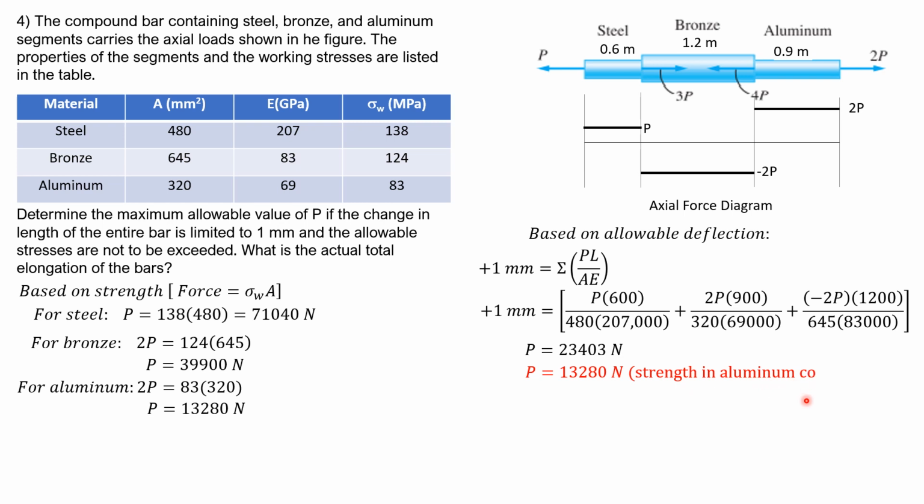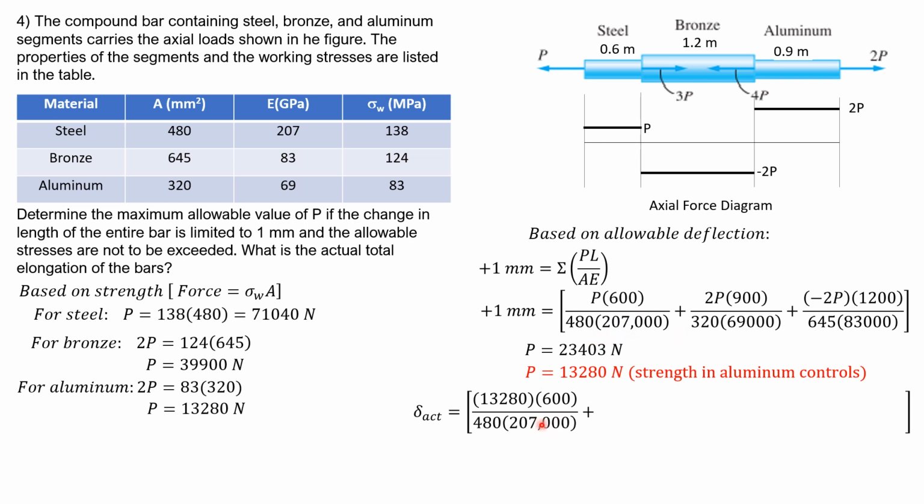Strength in aluminum controls or governs in this problem. So having found P, let's compute for the deflection. We substitute the value of P here. Then we expect that the net deflection should be less than 1 mm because the deflection does not control in this problem. So deflection actual is P, 13,280 times 600 over 480